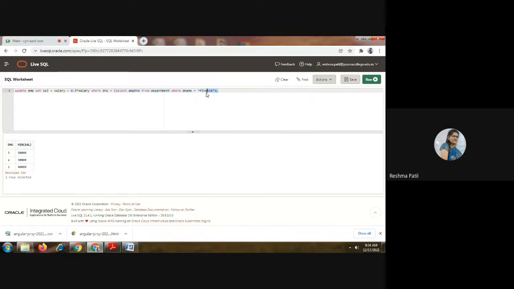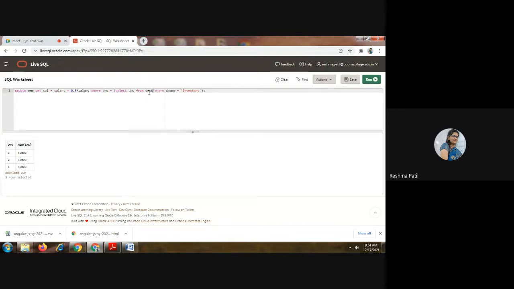So now the finance department is not with us. We will write here inventory. We have the inventory department. So from this query, select department number. We have to select the department number from the department table, DEPT, where department name is equal to inventory.